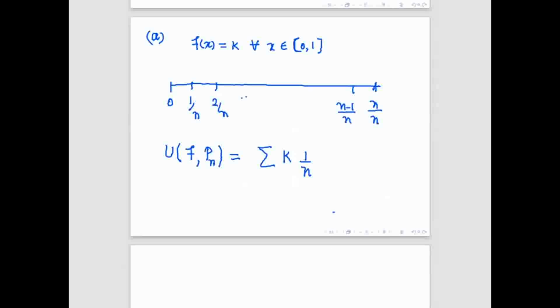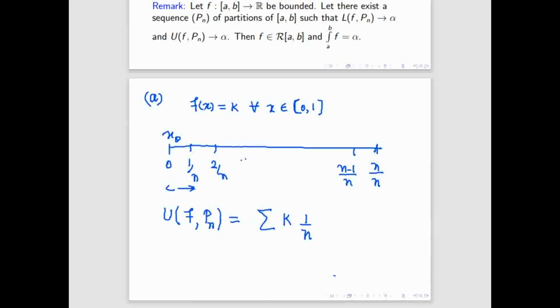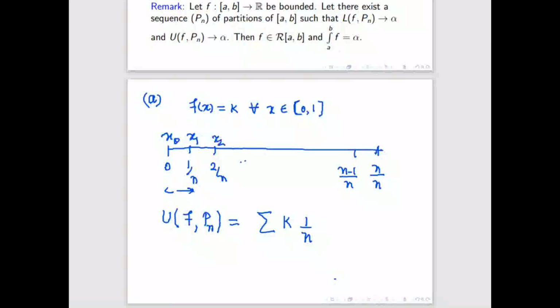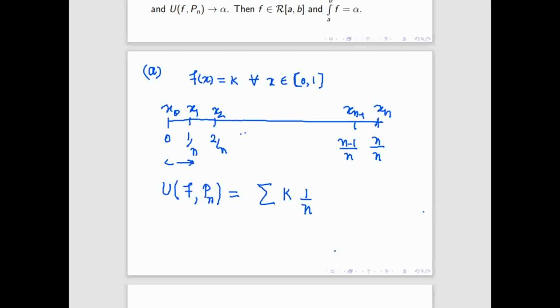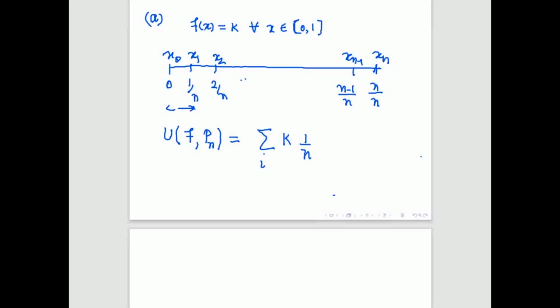equally spaced intervals. So how many intervals are there here? We divided into n equal parts: x0, x1, x2 and xn. So total how many intervals? N intervals. Yes, the first interval is x0 to x1, another one is x1 to x2, similarly xn minus 1 to xn. So in total I can count it like i from 1 to n,